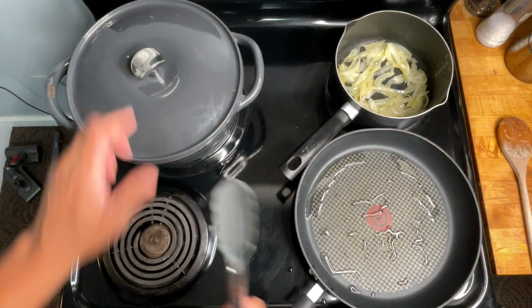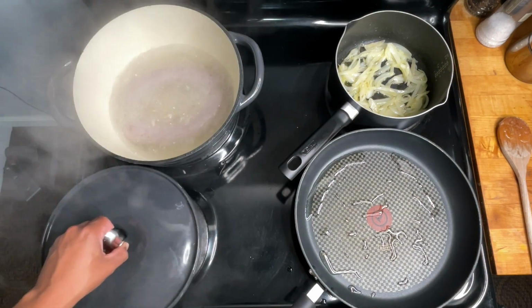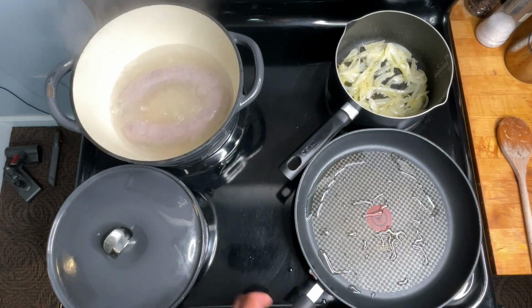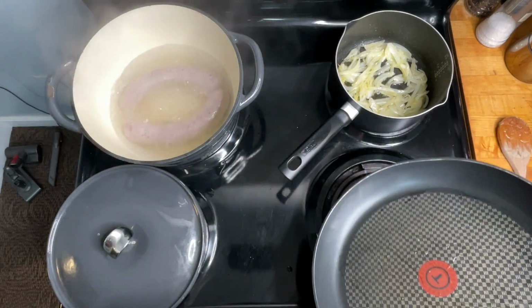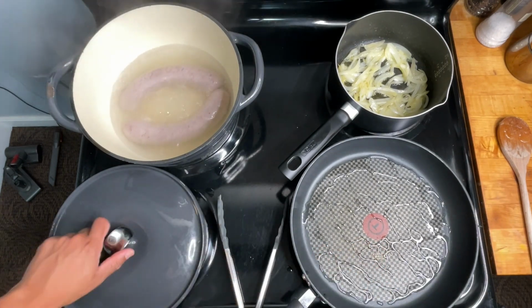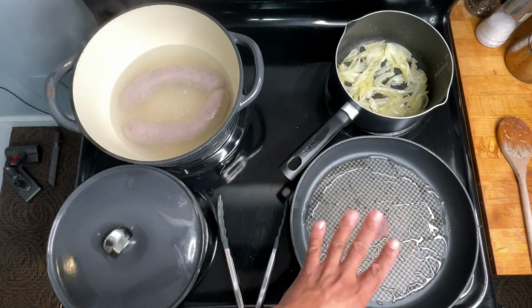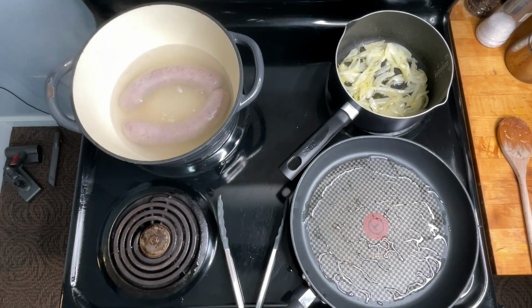So let's go ahead and reveal our kielbasa. Let's see what we're looking like in here. Ooh boy. So we're gonna cut that heat. Got some clean tongs here, and what I have over on this side now, and what we're going to transfer those kielbasa into, is a pan of oil. But before we do that, we want to make sure that we're not transferring water into this hot pan with oil. So I'm going to go ahead and remove our lid here, place it over here off to the side,